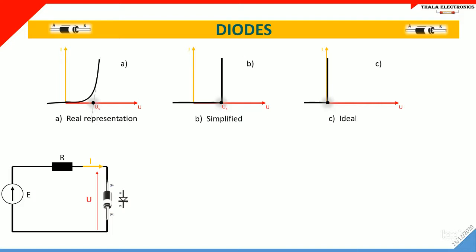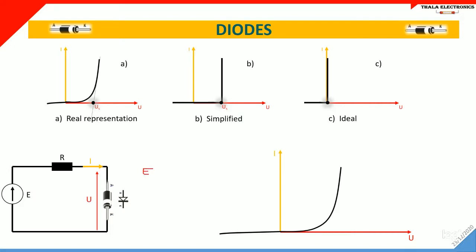Okay, let's take a circuit example and make some demonstrations with this circuit. I made this circuit with an AC source connected to my resistance and to the anode of the diode. The diode in this case is connected in the direct way. Now, for this analysis, I need the real representation. And now let's analyze this circuit with loop analysis.